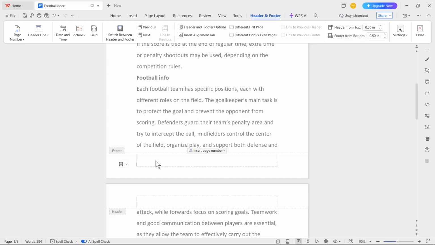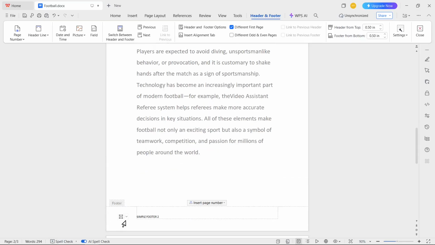we need to type a footer text, for example, simple footer, but I will type here number 2, because if you click on this option, different first page, simple footer 2 will be moved to the second page, and a new footer will be created here. So I check this option, and as you see, our simple footer 2 is now on page number